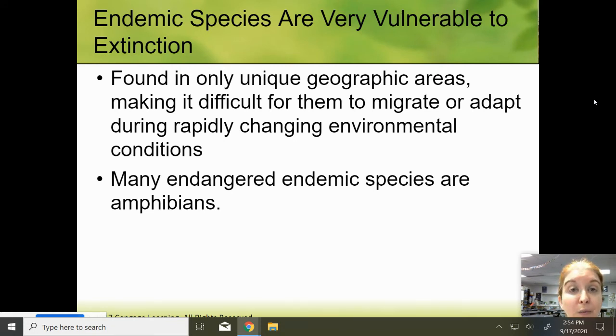So if you're only found in one place, it's going to be really hard for you to leave that place. Many endangered endemic species are amphibians. They usually hang out at their one lake, stream, pond. They can't really pack up and go somewhere else. They would dry out before they got there. So a lot of endangered animals are amphibians for multiple reasons, but one of them is because of where they're